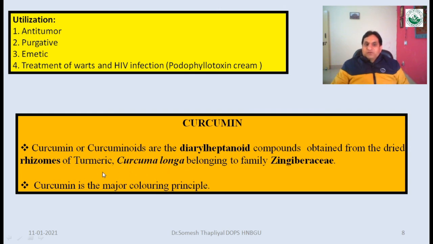The botanical name of turmeric is Curcuma longa, and it belongs to family Zingiberaceae. Basically this curcumin also acts as a coloring agent, and it is the major coloring principle of turmeric. The color of haldi, or we can say turmeric, is yellow because of this curcumin component. So you have to remember that it is a diaryl heptanoid compound obtained from the rhizomes of Curcuma longa belonging to family Zingiberaceae, and the color of turmeric is because of the presence of